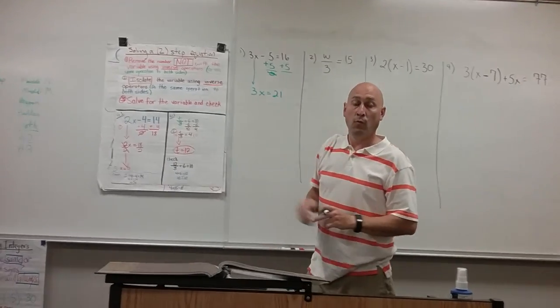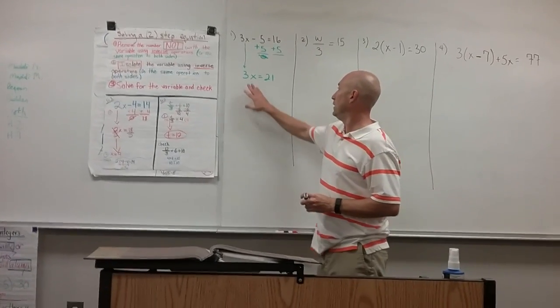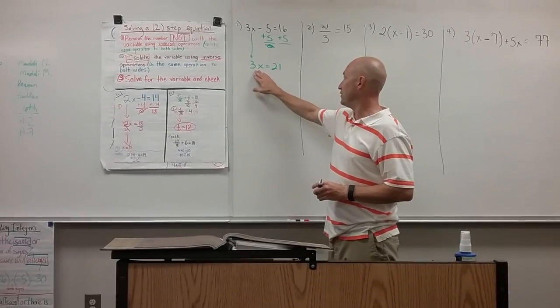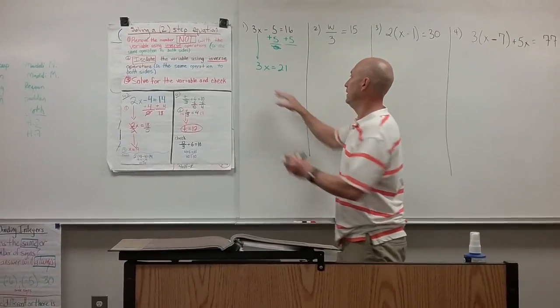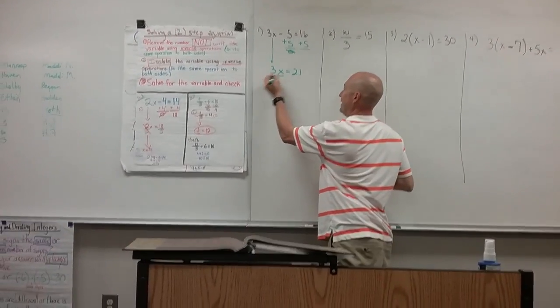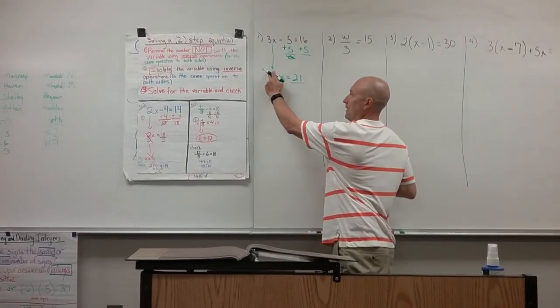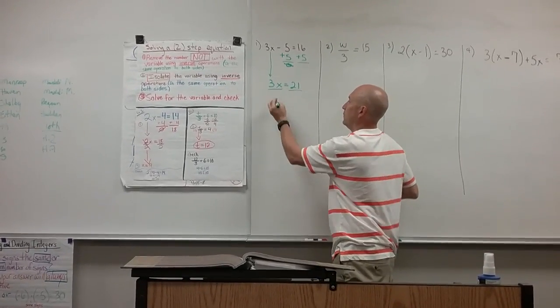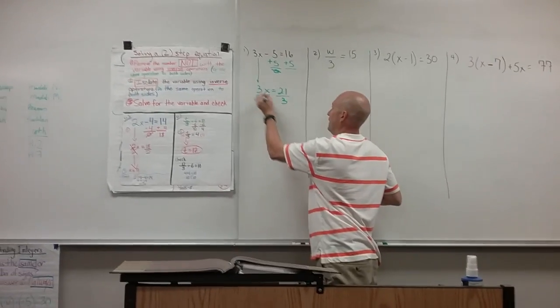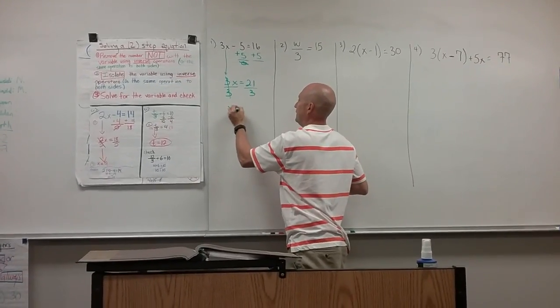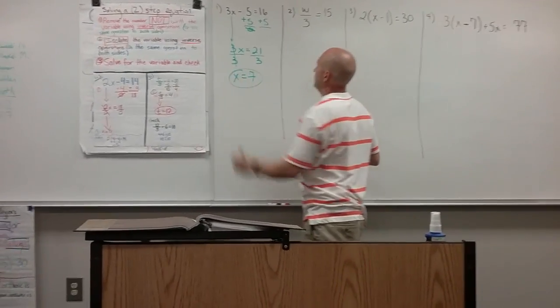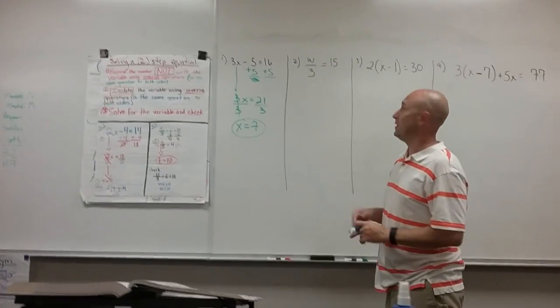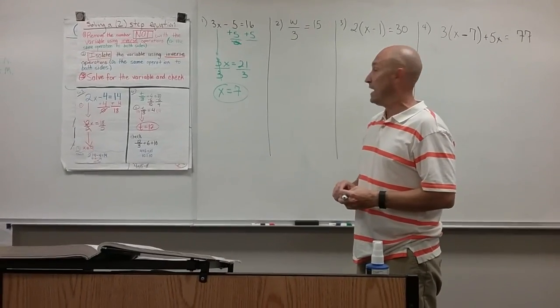Now I'm down to a one-step equation where I'm going to use the inverse operation. This is 3 times x. So what we're going to do is divide both sides by the same number, and we always divide by the number that's with the variable. So I'm going to divide both sides by 3, and x equals 7. Okay, in my next example, I've got some number w that when I divide it by 3,